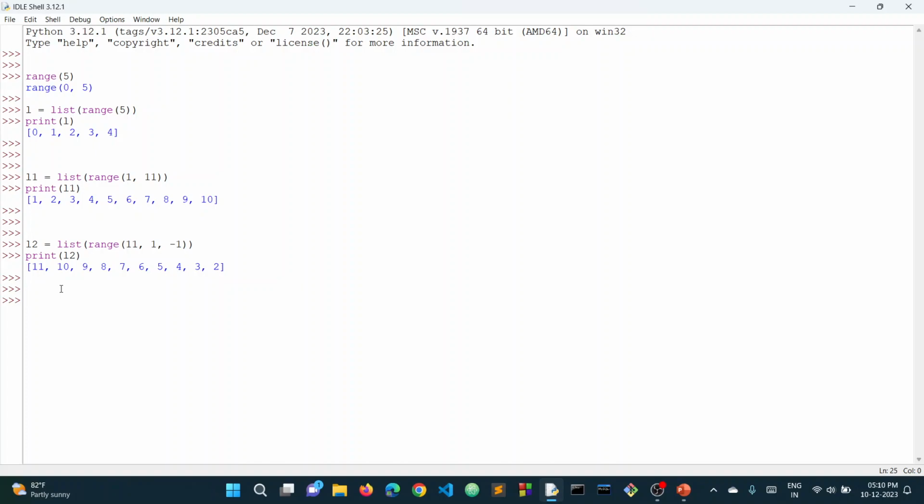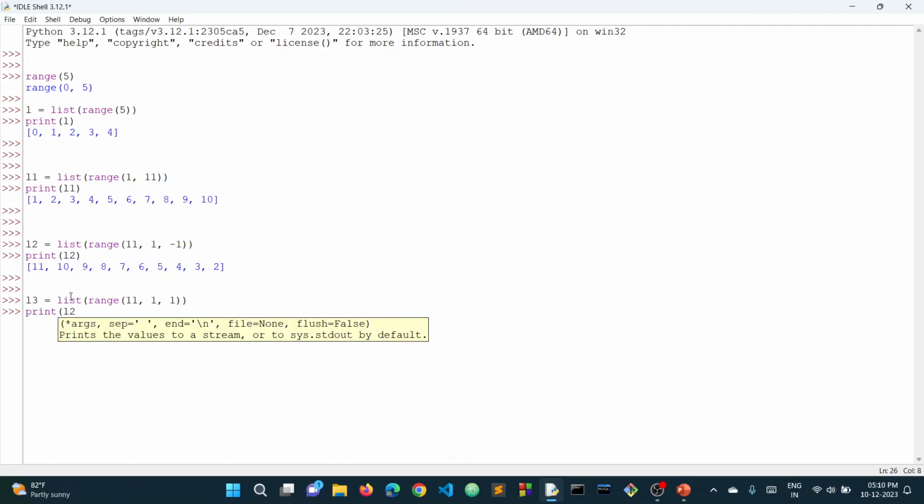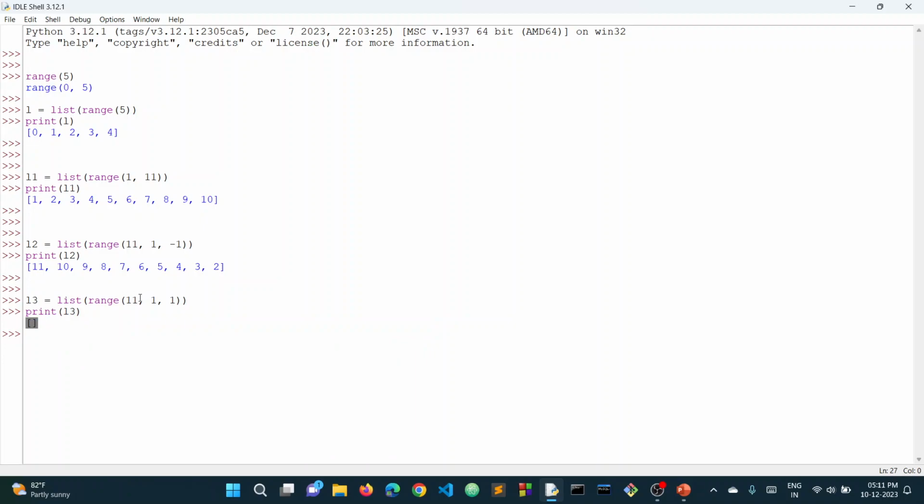Now coming to some mistakes that we can often commit while creating sequences using range. For example, if I say L3 equals list range 11, 1, 1. Now, if I print its value L3, here we can see that we are getting an empty list, but we have specified a starting integer, a stop integer, and a step integer. Then why are we getting an empty list here, or an empty sequence? It is so because